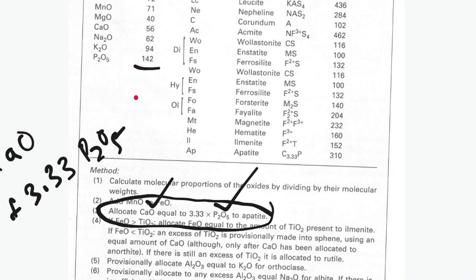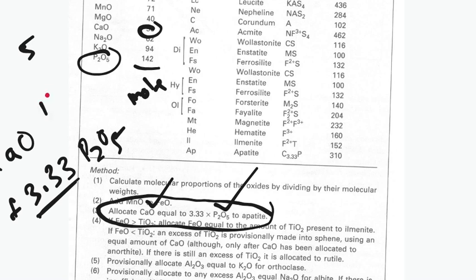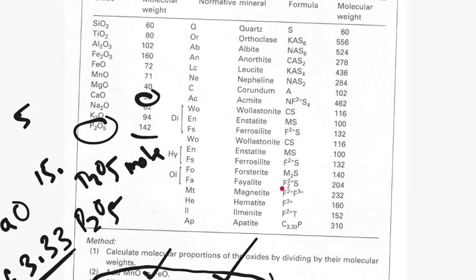तो अभी क्या करेगा ये, consider यहाँ पर मोलिकुलर वेट डिवाइड करने के बाद मोल निकल आएगा। तो वहां से ऐसे कर सकते हैं हम लोग कि P2O5 क्या होगा, अगर CaO 56 है, consider CaO is 5 moles, then उसी के हिसाब से 3.33 P2O5, that means 5 × 3, 15, 15 point something, और जितना भी हो रहा है उतना P2O5 चला जाएगा और वहां अपाटाइट आ जाएगा। तो this rock will contain apatite, ठीक है।